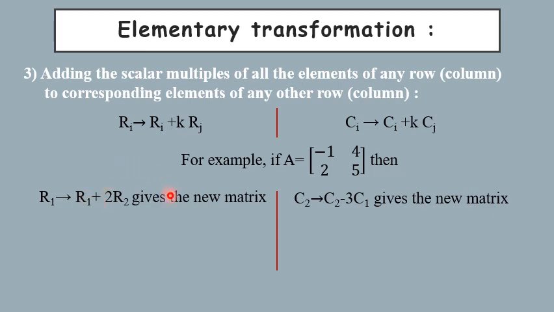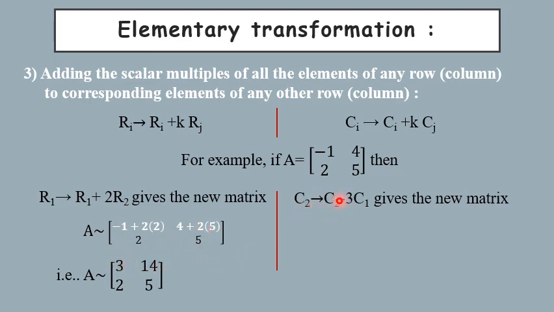So this matrix A changes to this one. Here in R1 the element is minus 1, so we multiply the corresponding element by 2 and add it into minus 1. So minus 1 plus 2 into 2. Now this is 4, we multiply the corresponding element by 2 and add it into 4. So this can be written as 4 plus 2 into 5, and the second row is as it is. After simplification, matrix A is equivalent to this matrix. So 2 2s are 4, minus 1, answer will be 3. 5 2s are 10, plus 4, answer will be 14.